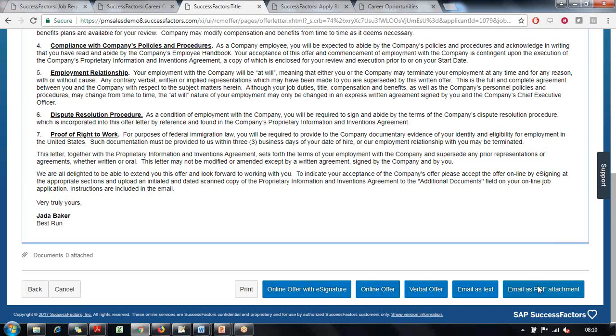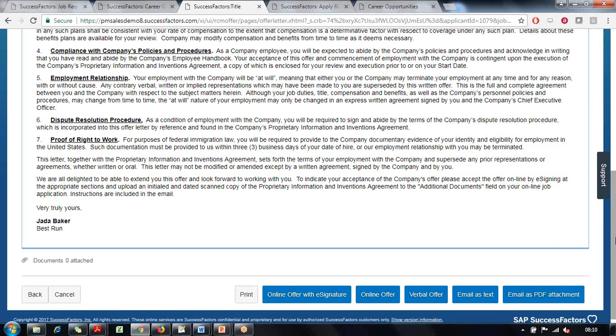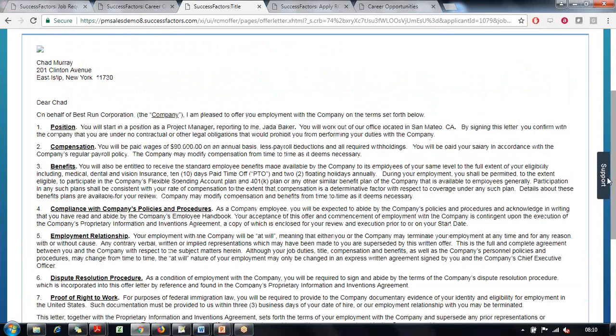An offer letter can be given to the candidate in almost six different options. Either I can take a printout and give it to him, or I can send an online offer such that he can approve or reject it online, or email. I can email him, and this complete text will go in the email body, or I can also send it as a PDF attachment, such that all this text will be converted into a PDF file,